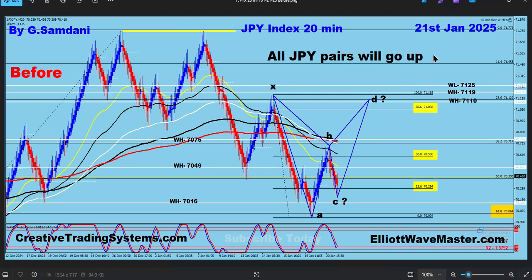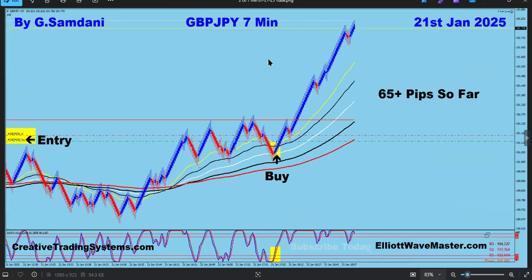This is what I, and everybody else, call plan your trade and then trade your plan, right? So I was ready here on the 21st of January. I knew that based on this pattern, it's going to go up from here to here, and then all yen pairs will go up. And I don't trade all of them, but most of them, right? So let me show you how many trades I took from this yen index going from here to here during that time, right? First trade, pound yen,